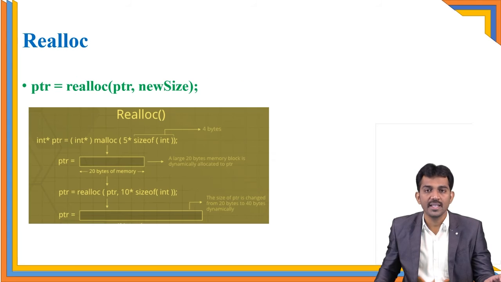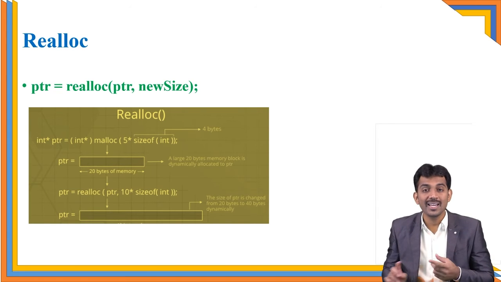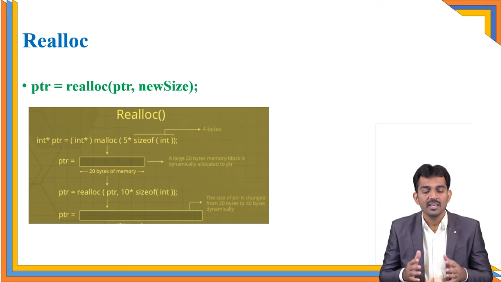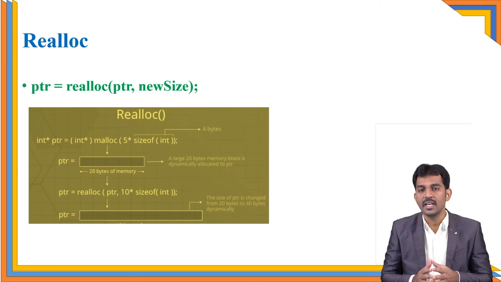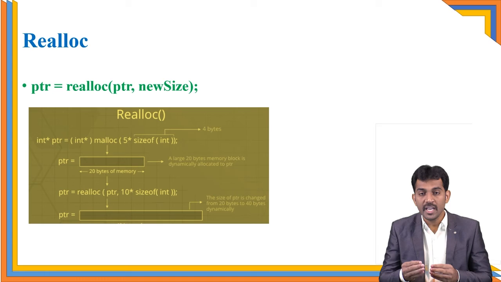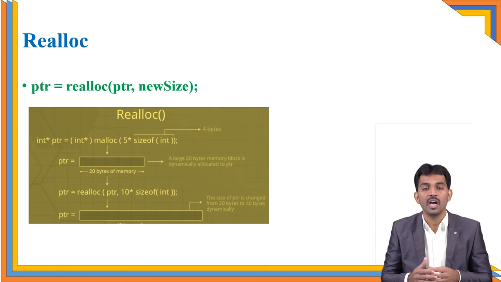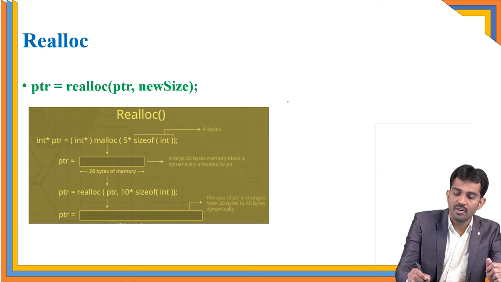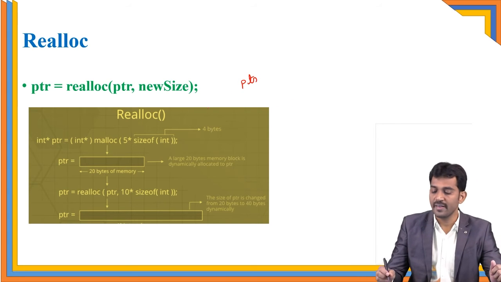And coming to realloc. So malloc and calloc both functions are used to allocate the memory. Reallocate means if you want to increase or decrease the memory. For example, if you allocate 10 integer values, and in the middle of the program you need to increase the size from 10 to 100. Then simply what you need to do here, see ptr, what is the variable? Earlier what you did, ptr equal to, see here they have given an example.